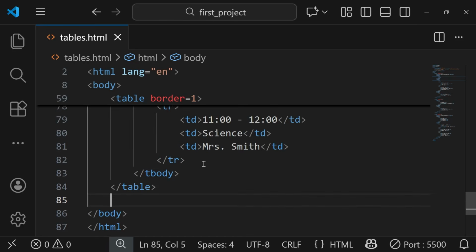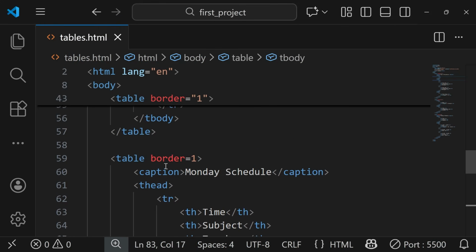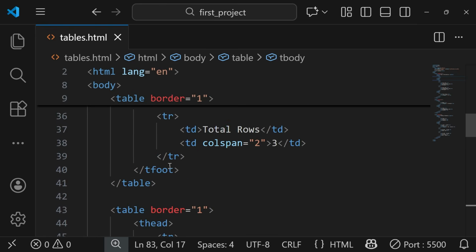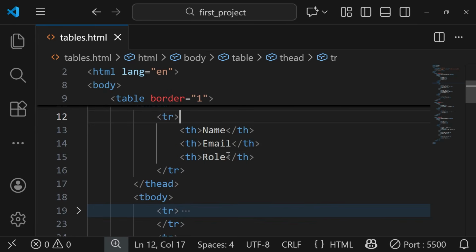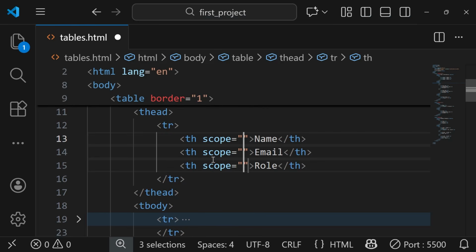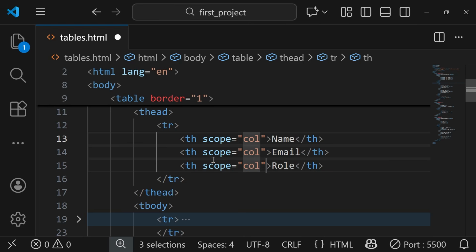One last thing I want to teach you is to add proper attributes for accessibility into our tables. Let's go back into our basic example right here, where we have name, email, and role. For accessibility purposes, we're going to add scope to this. These three TH elements are basically columns, so they are column